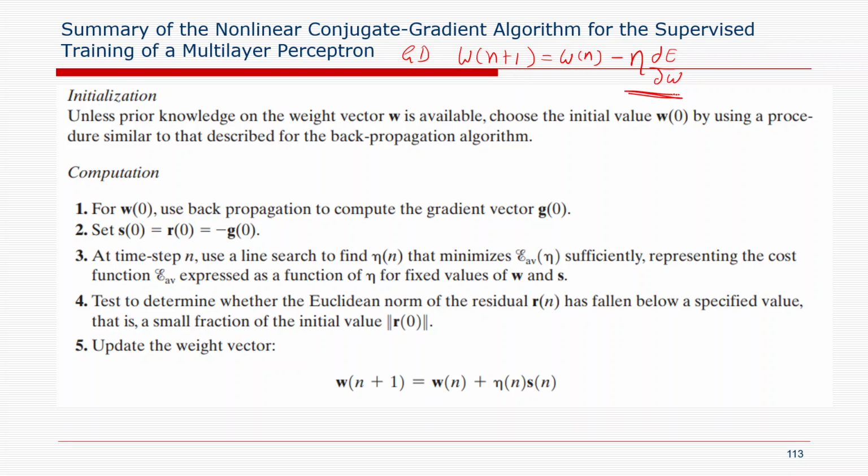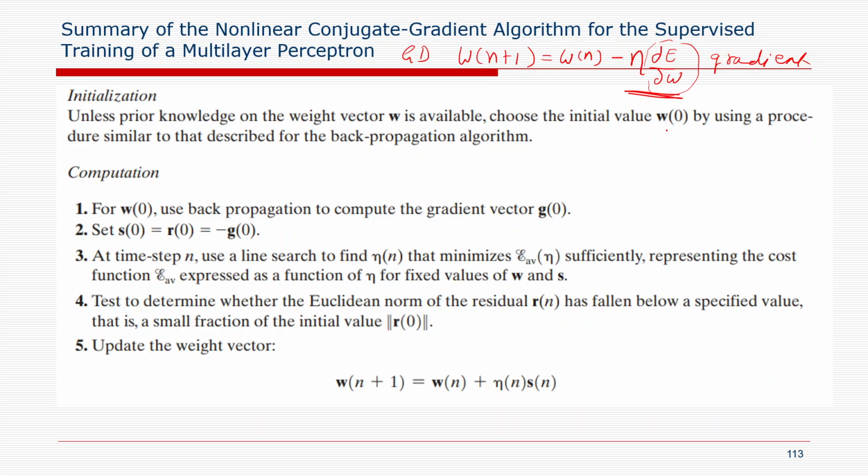The step size was this one, where we are multiplying the learning rate with the rate of change of the error with respect to this weight. We called this a gradient. We used to do this in gradient descent. But now we will look at the conjugate gradient, when we have to update the weights, how we are going to do that. Now, when we start this algorithm, the weight vector is available,